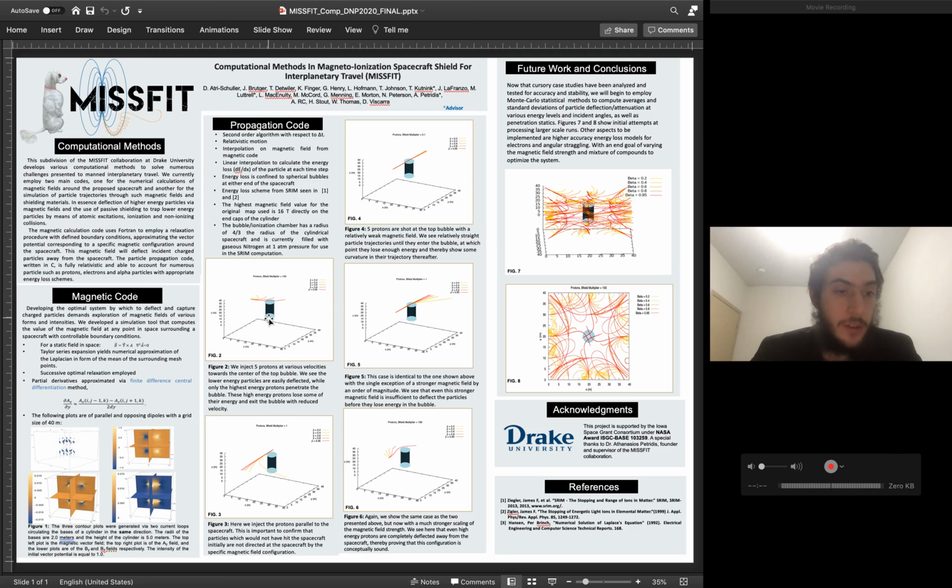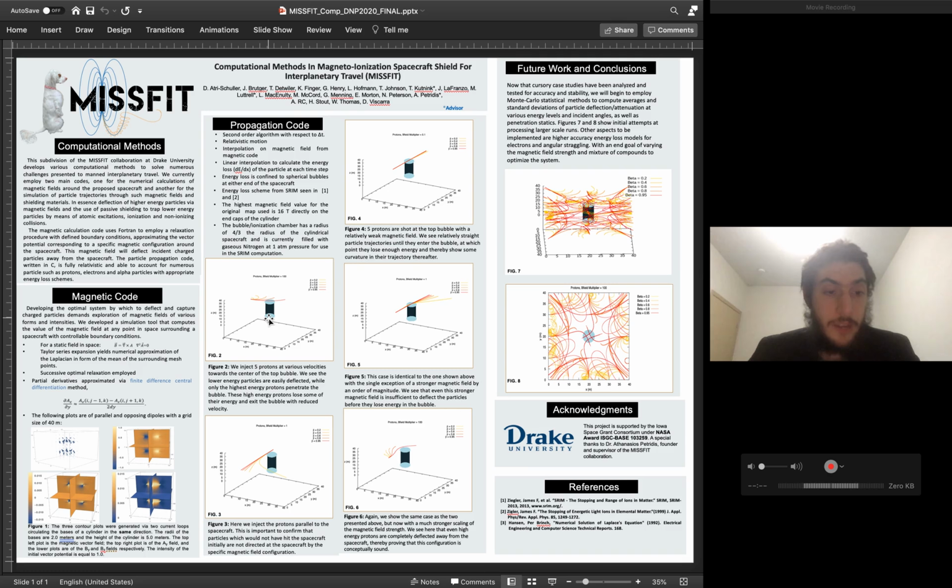Now, the magnetic code, very briefly, we know that a magnetic field can be expressed as the curl of the vector potential A, and therefore if we take the Laplacian of A, the vector potential, and set it equal to 0, we're able to solve for the magnetic field given appropriate boundary conditions. So this is exactly what we do. We set up a grid and we give appropriate boundary conditions, and we relax iteratively until we have convergence of